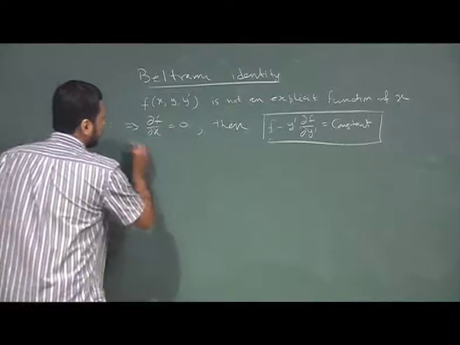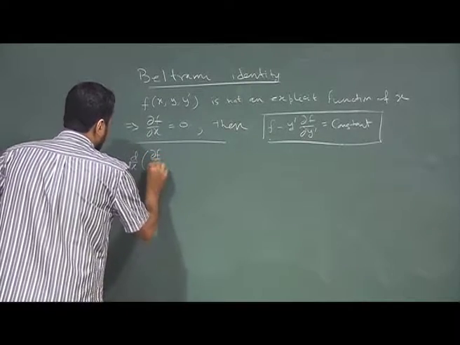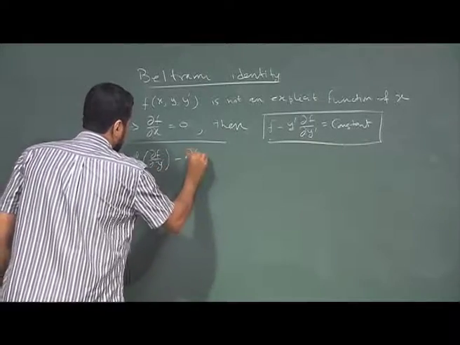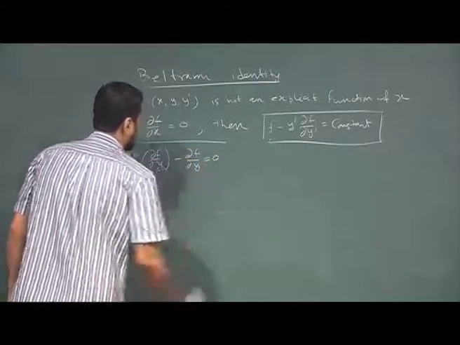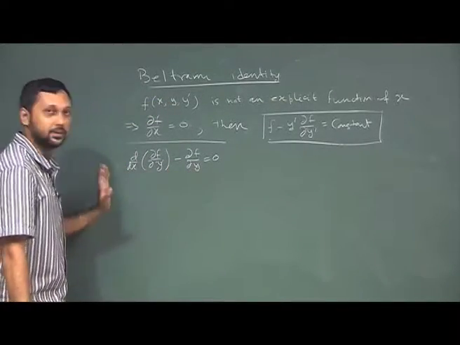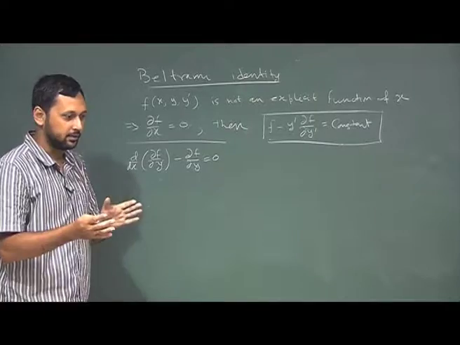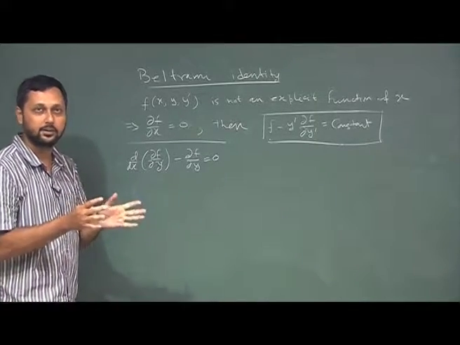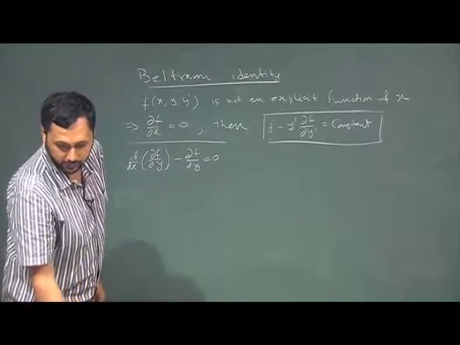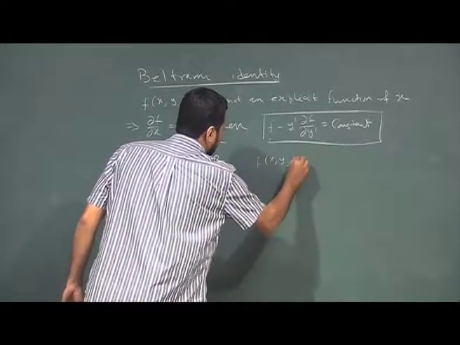So, to begin with, we have this equation: d dx of del f del y prime minus del f del y is equal to 0. Please remember, this f is not any arbitrary function, but f is the function for which this equation is valid. This is the function which comes out of a stationary integral. So, it is not true for any arbitrary function. And please remember that f is a function of x, y, y prime.